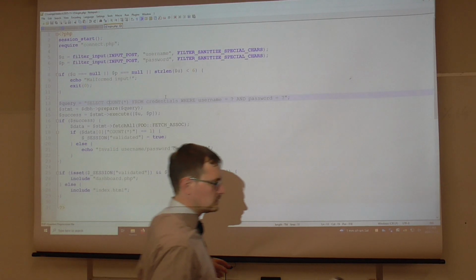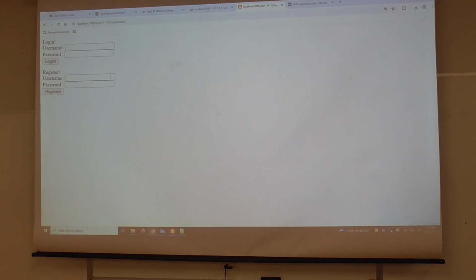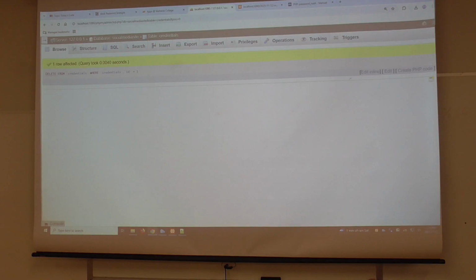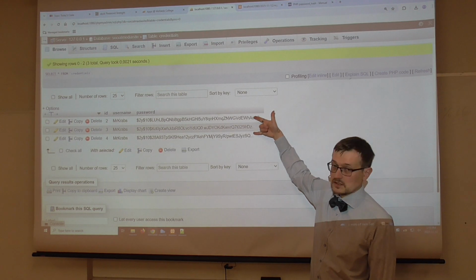In fact, why don't I demonstrate that for you? So, if we do Mr. Krabs and money, hash that a second time, put a new entry in the database for it, hash, there we go, browse, there you go. So entry number 2 and entry number 4 are the same password string that went in from us, but you'll notice these are two different hash values.